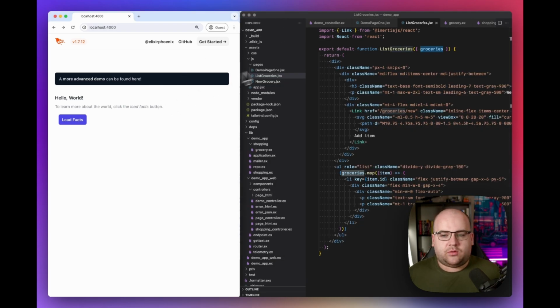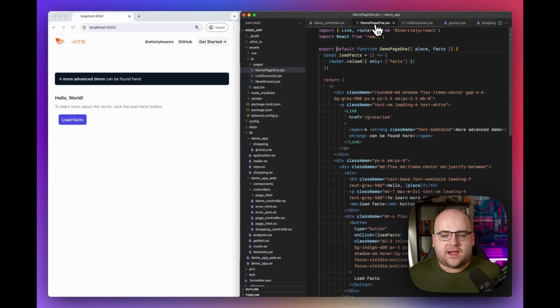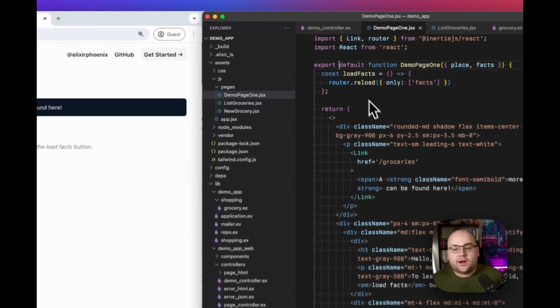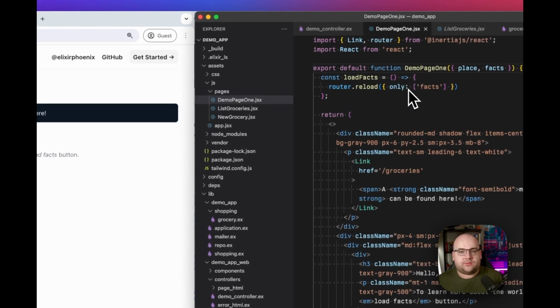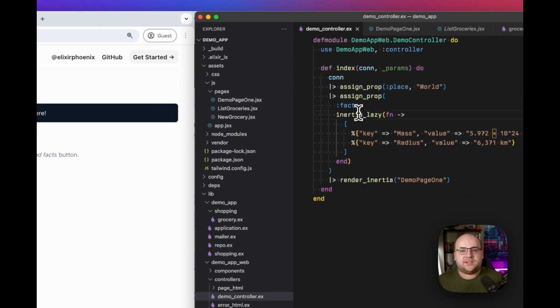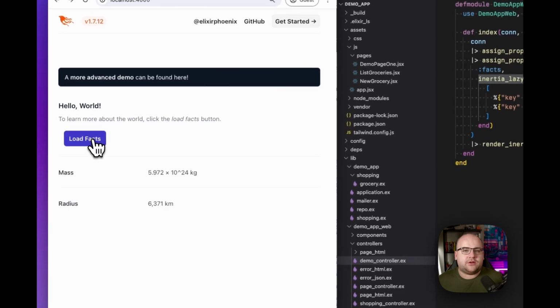Going back to this Hello World, let's say that I want to load some facts about the planet. What I can do is use this only attribute, which lets you specify which props to fetch from the server, including ones that may not have been included on the original request. So in this example app, I've marked facts as lazy. But when I click this load facts button, Inertia makes a request to my controller and signals that it wants